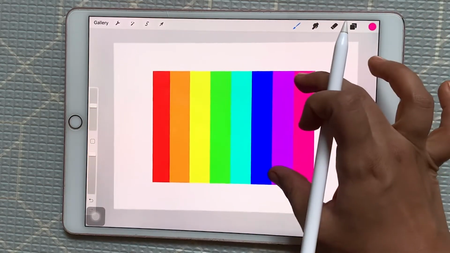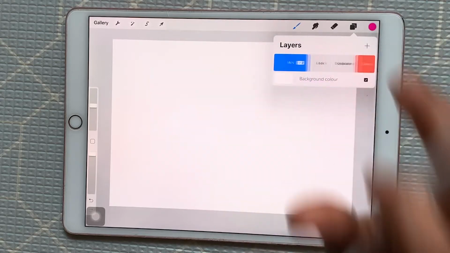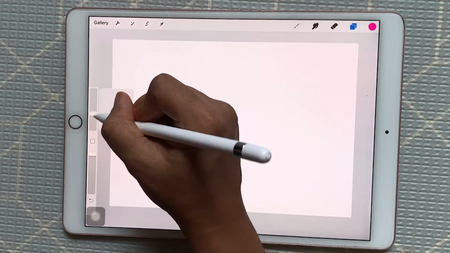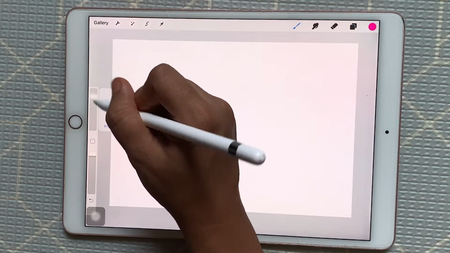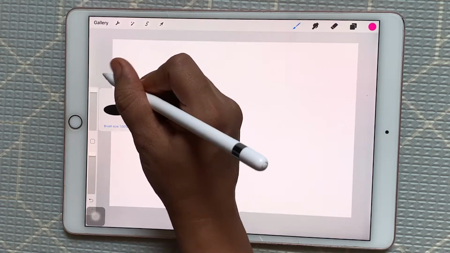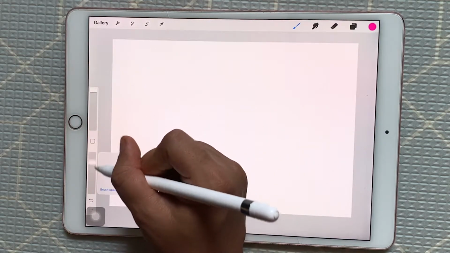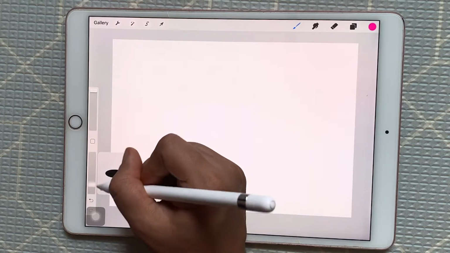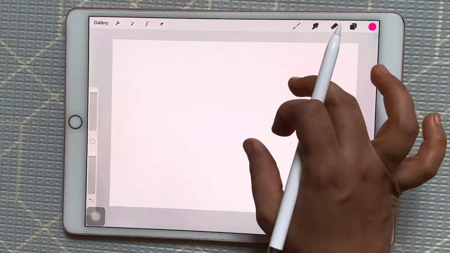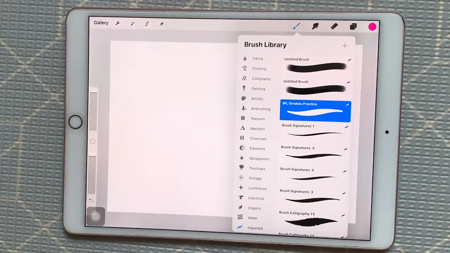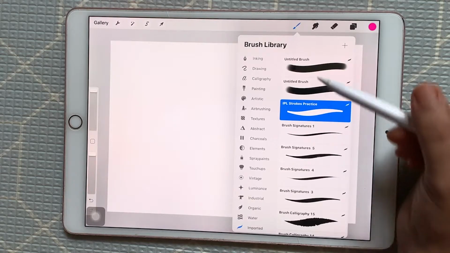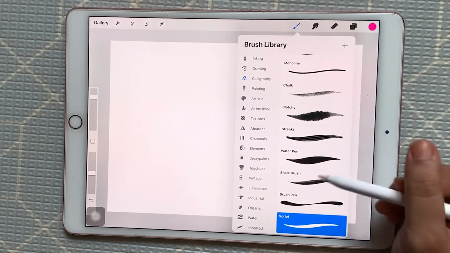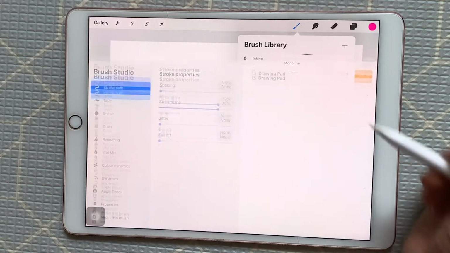Now this is the brush size. You can increase or decrease the size of your brush, and this is the opacity of your brush. You can increase or decrease the opacity of your brush from here. So now let's write something. For example, this is my favorite brush actually.